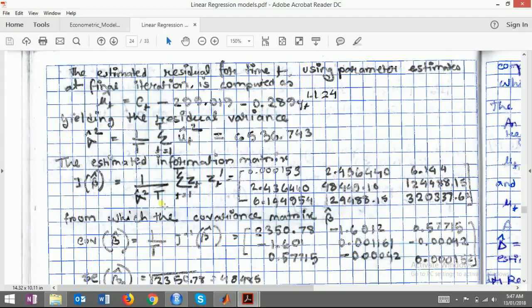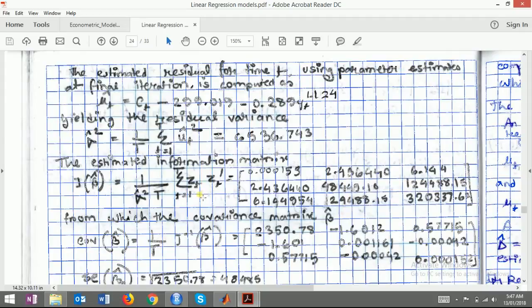Estimated residual for time t using parameter estimates at the final iteration is computed as ut. So ut is computed, yielding the residual variance sigma square. At the end, ut is computed and sigma square is computed from ut, because sigma square is simply the summation of ut square divided by T, or the mean of the summation of ut square. And then with this information, the information matrix is obtained,